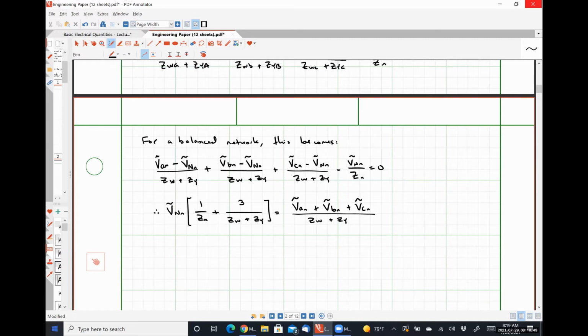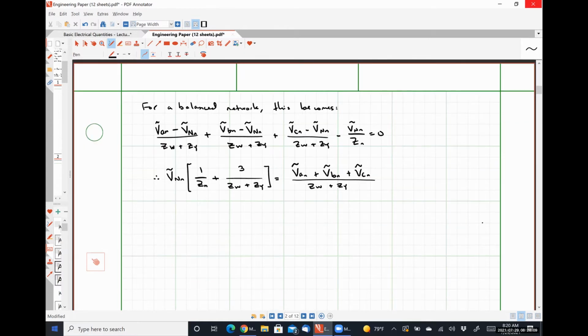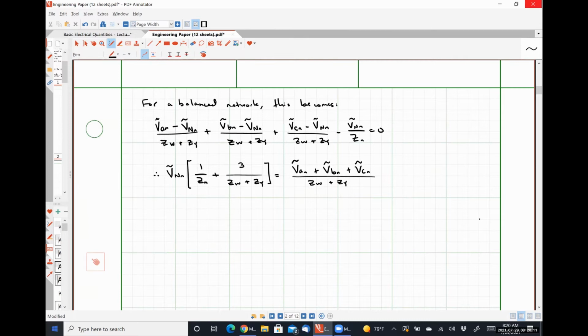So I pulled out a common factor of VNn, moved it to the left-hand side, and then I should see a 1 over Zn from my neutral term, and then a 1 over ZW plus ZY from my A phase, B phase, and C phase, which is why I get 3 of them. All right, so this is what it reduces to if our transmission line and our load impedance is balanced. If our source is balanced,